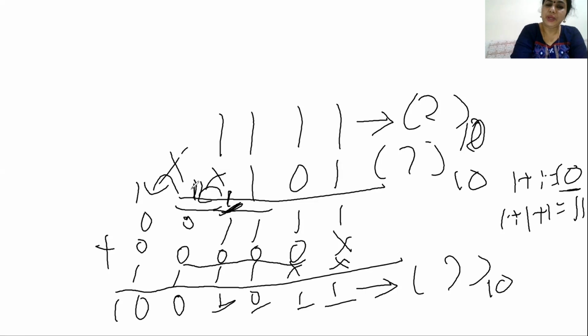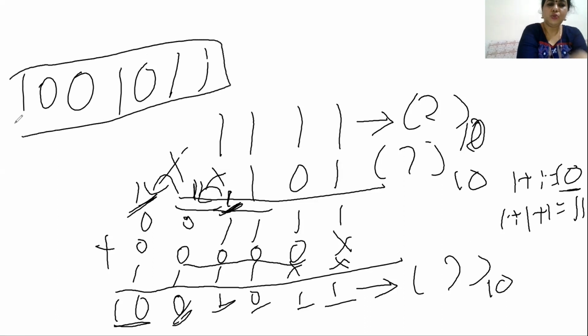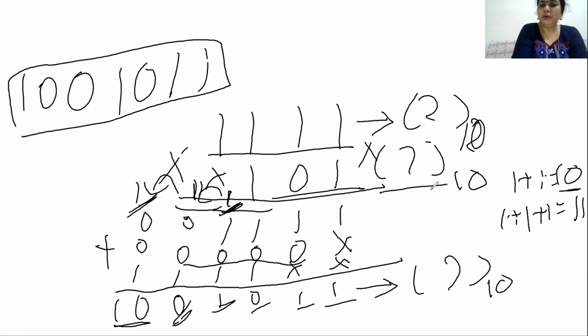Okay, then 1 plus 1, that is 1 0 again. So 1 0 I have to put and 1 we have to carry here. Then 1 plus 1, that is 1 0. Okay, so that is the result. The result will be what? 1 0 0, and that will be 1, then 0, and then 1 1. This is the result. Okay, so your task, you find out the decimal numbers, multiply both the numbers, find out the result and tally with this result.